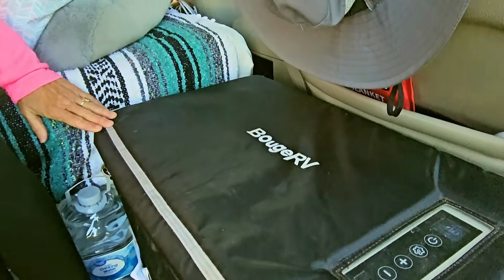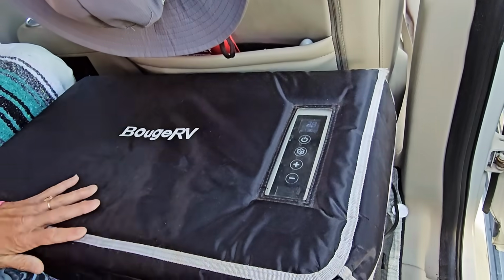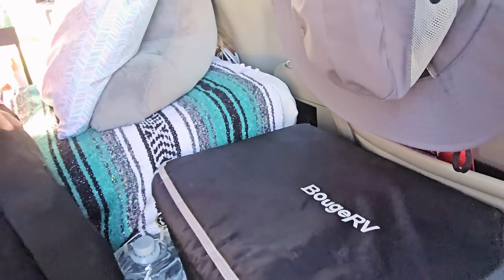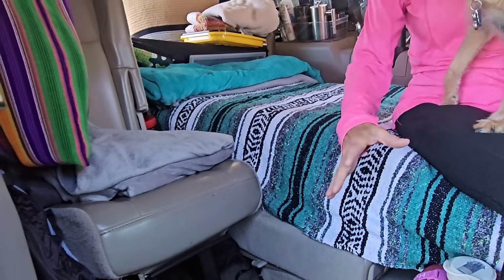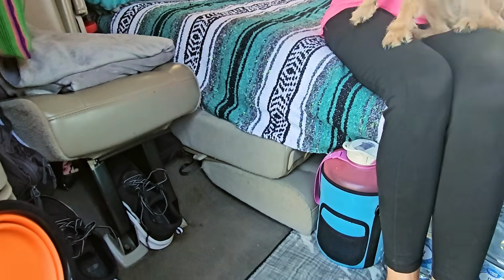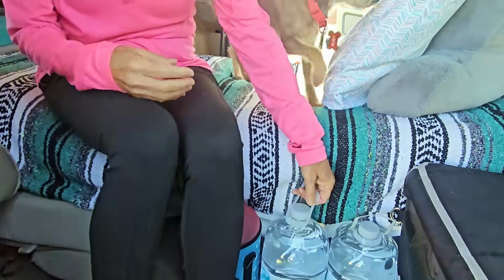This is my living quarters. I've got my Bouge RV refrigerator right here. What size? I think it's a 29 quart. Got a ton of stuff in there. I took out the middle row seats. I left this one because I like to have a lounge chair, and I can put my potty there, and that's my ottoman if I need to put my feet up. And then underneath my bed,